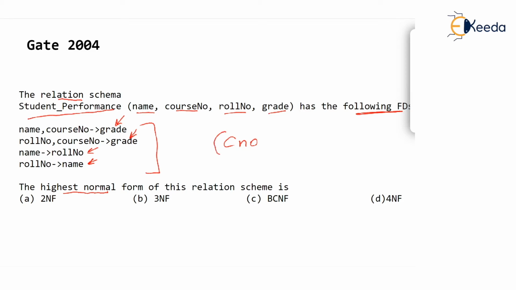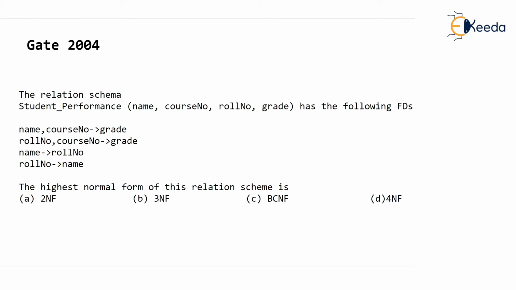So why don't you check whether course number itself is the candidate key? I'm sure you have found out it is not a candidate key. Only course number is not a candidate key because course number is going to bring in only course number. It can't determine anything else. So something should be joined with course number to form a candidate key. Let's try joining name with course number. So suppose I say is name comma course number a candidate key.